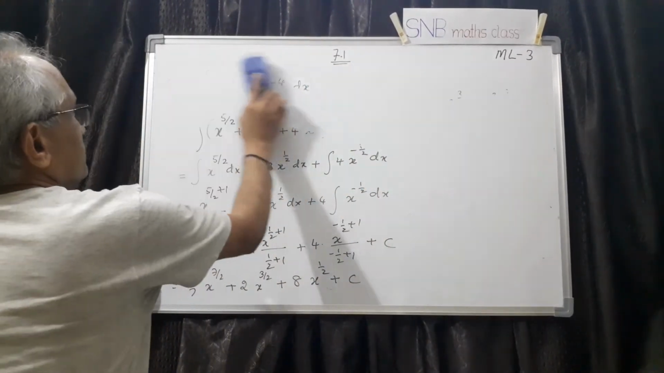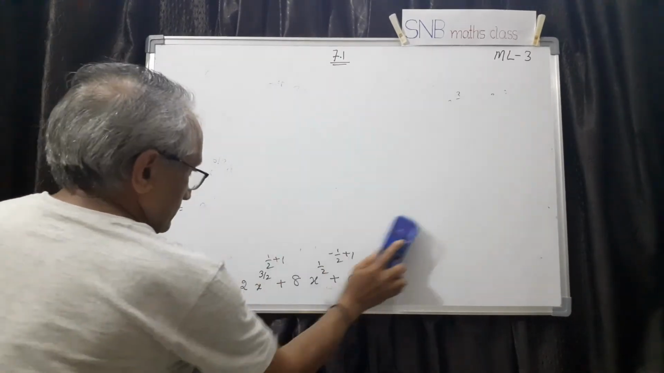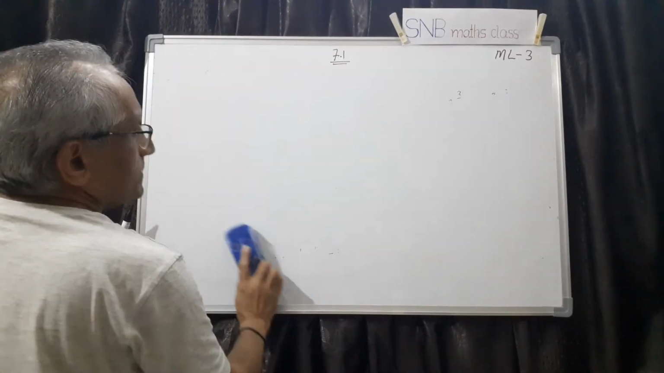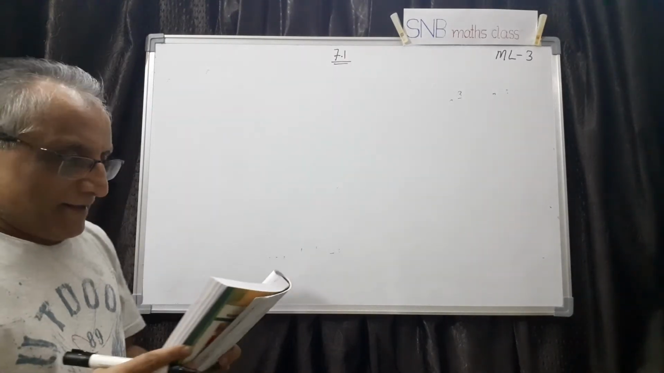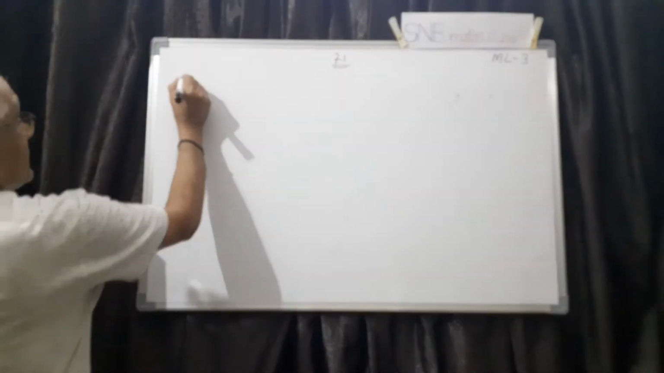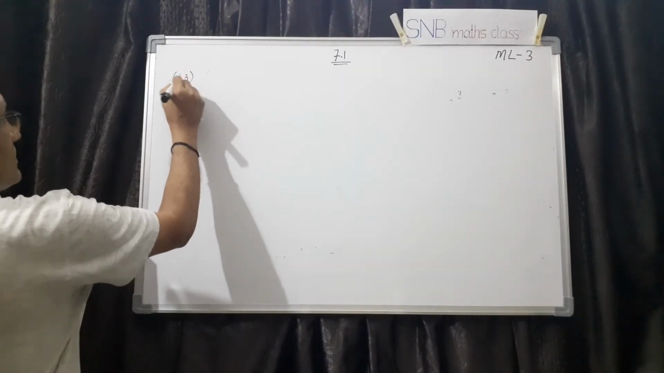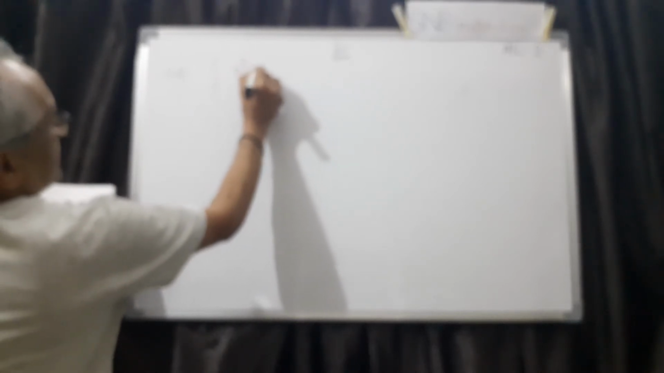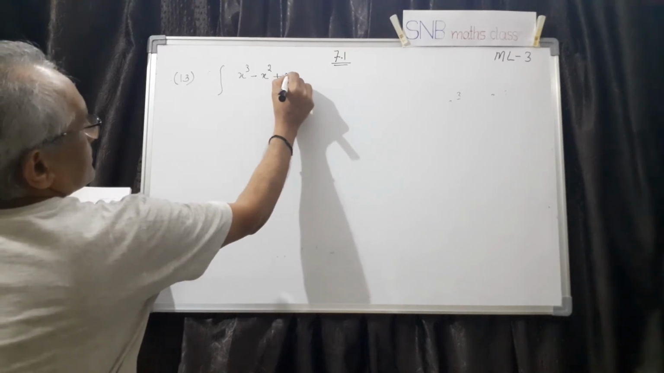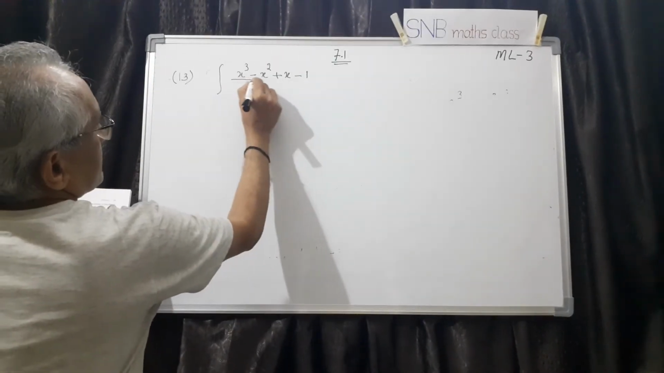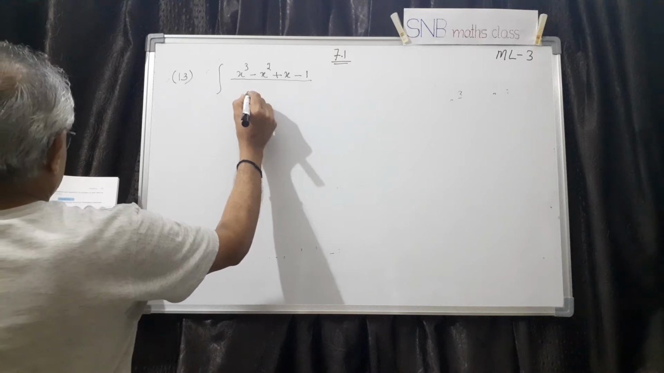Let us take the next question. The next question given is, see, 13th question is an interesting question. Question number 13. So the question is this: integrate x cube minus x square, then plus x, then minus 1 divided by x minus 1,